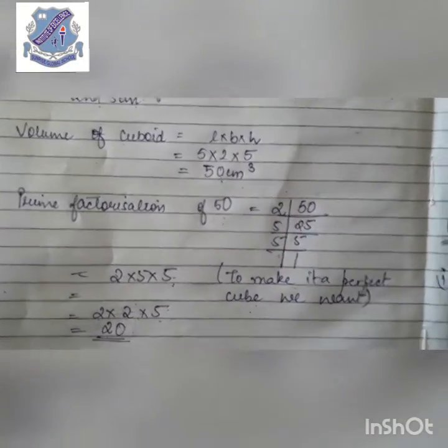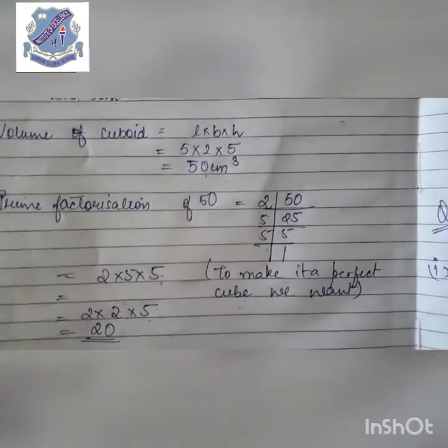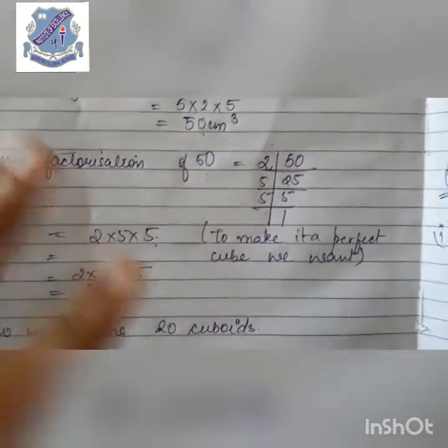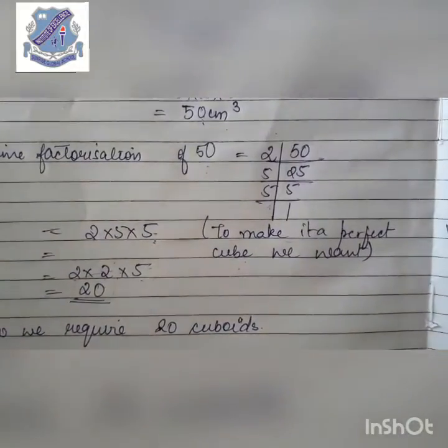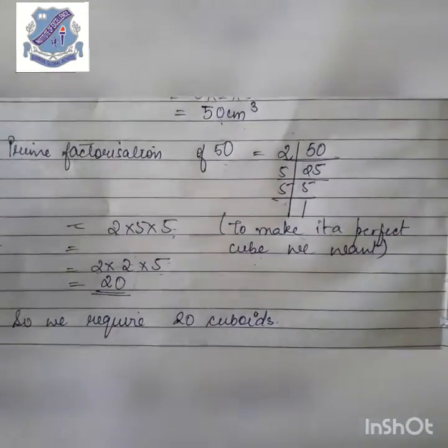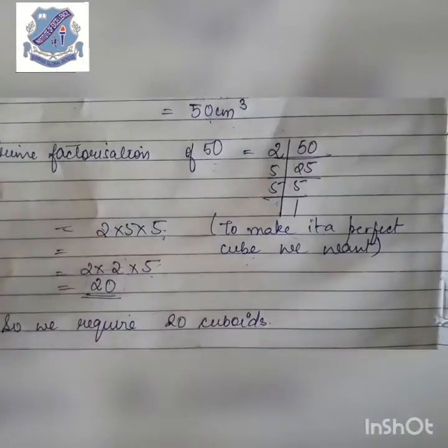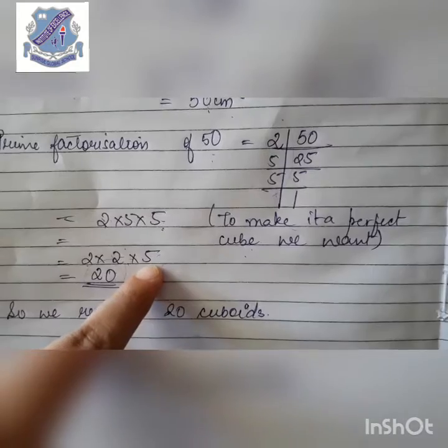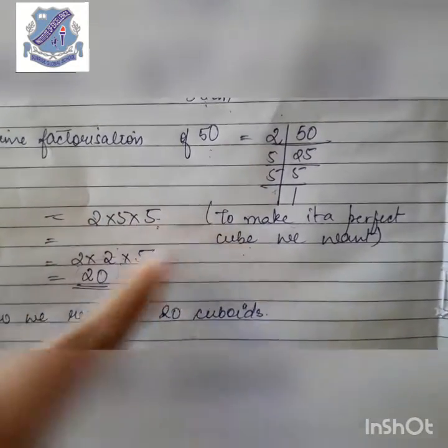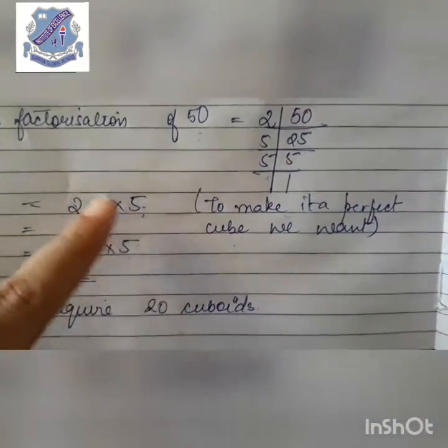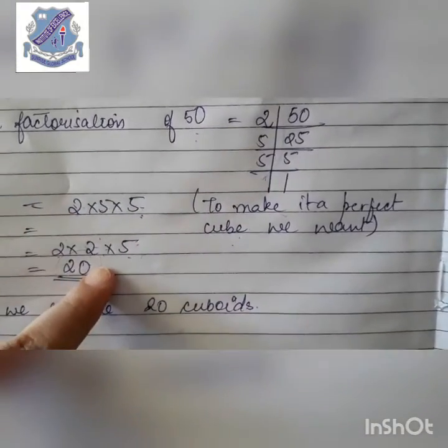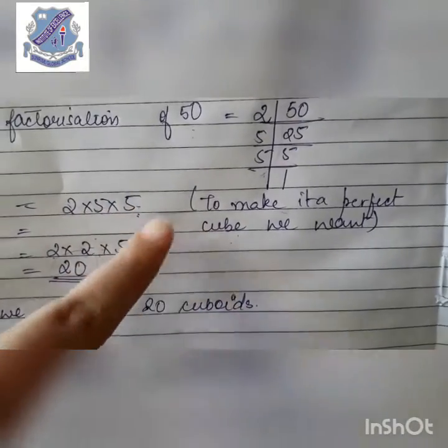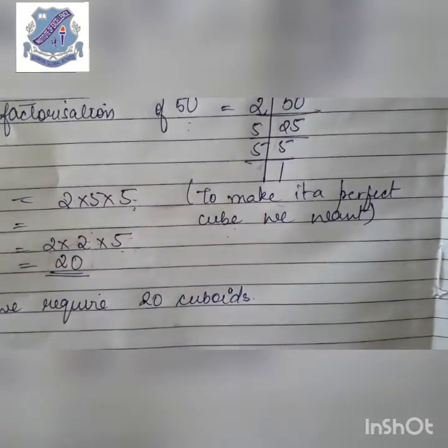Now these are the factors of 50. But see students, we have to make a perfect cube over here, and from these numbers no perfect cube can be made as they are. That is not possible. So now how to make it possible? There is only one 2 over here, but we need two more 2s. There is only two 5s over here, and we need another 5 to complete the group, right? So if we multiply two more 2s with this 2, then this cube group will be complete, and if we multiply one 5 with these two 5s, then this cube group will be complete.